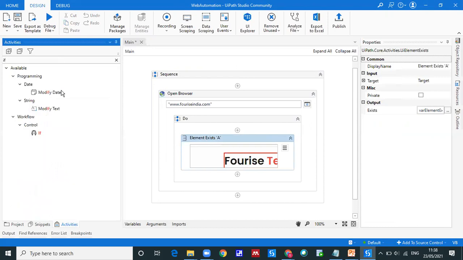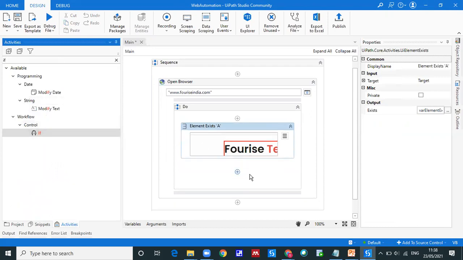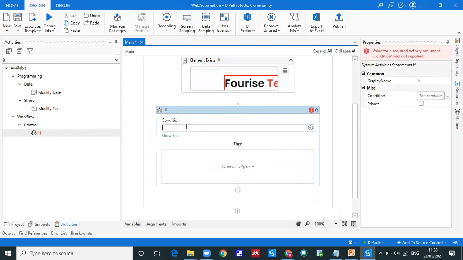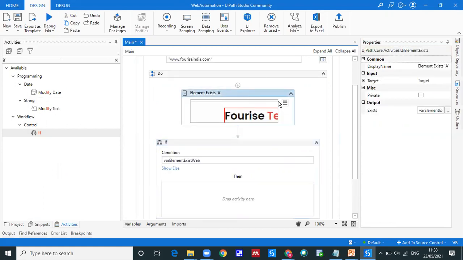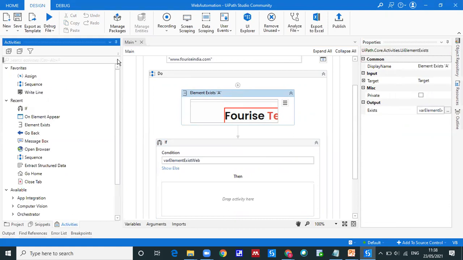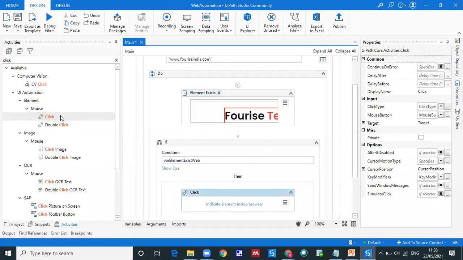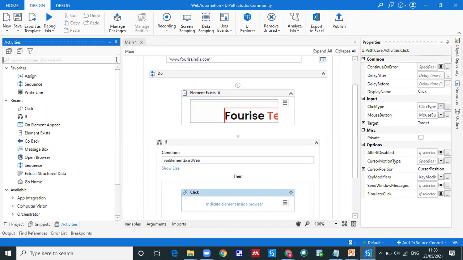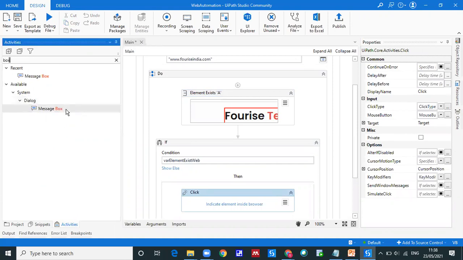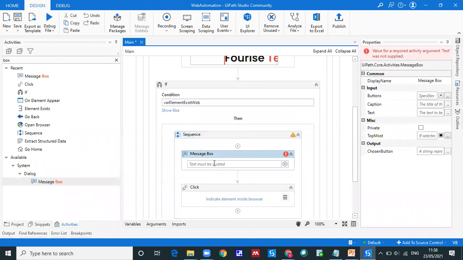So this is a proper view of coding. If you write directly, you are not ensuring whether the website has been opened or not. So that is the wrong way. So we are ensuring whether the website has been launched properly or not. We are watching whether the element exists. If yes, then I will write a message box, or you can use the click activity and message box. This is for clicking any element on the UI or browser. Then I'm going to use one message box here to say website has been launched.